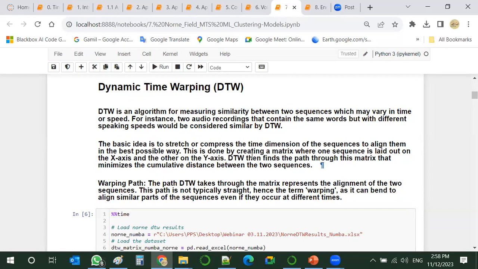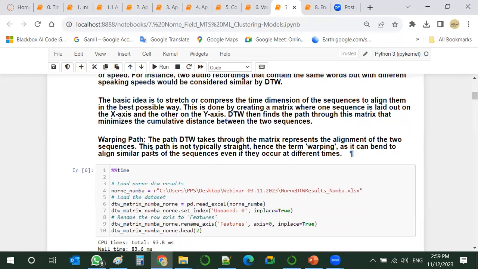We create a matrix where one sequence is laid out on the x-axis and the other on the y-axis, and then try to find the path through this matrix that minimizes the cumulative distance between the two sequences. One of the good things about this technique is that it doesn't matter whether you have 2 or 3 or whatever time series, they don't have to be equally spaced or equal in length to each other.